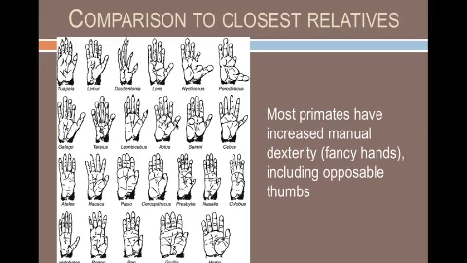These are called opposable thumbs because that means that you can take your thumb and touch it to the tip of each of your other fingers. Some people think that opposable thumbs are unique to humans, but they are not. Almost all primates have opposable thumbs, and that's because very, very early on in our primate evolution, back even before